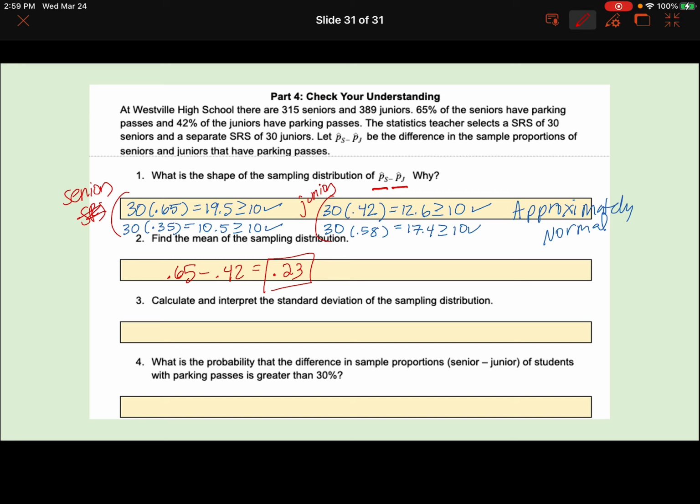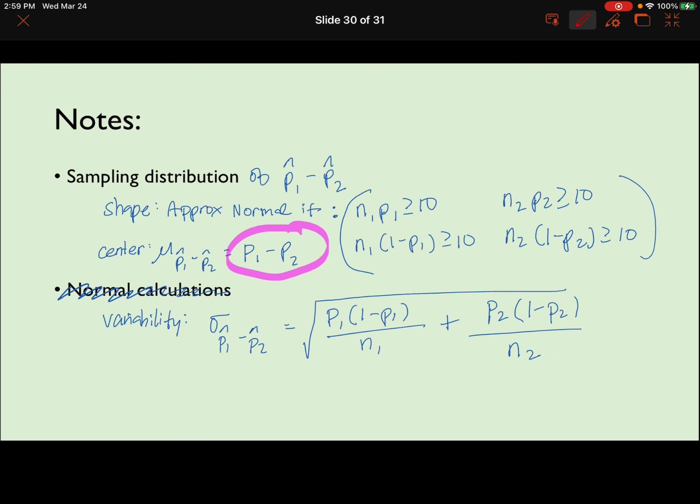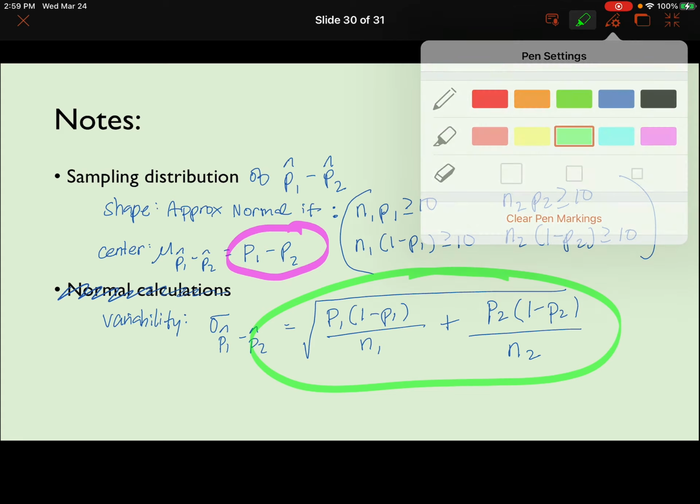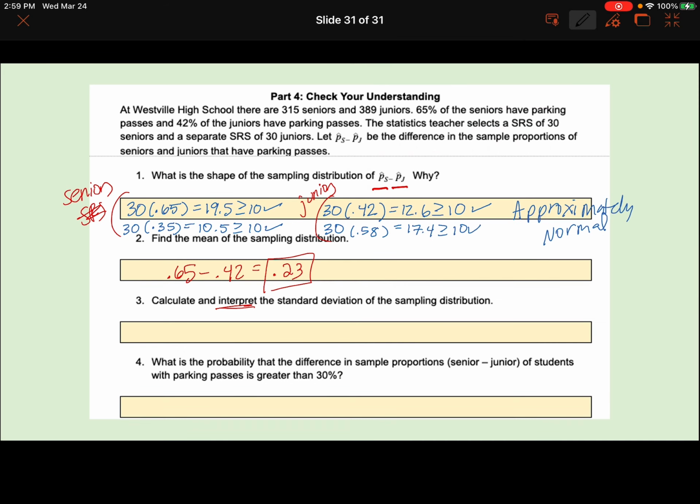Okay, C is asking for us to calculate and interpret the standard deviation of the sampling distribution. So this is going to be this formula, which looks like a lot, but it's not horrible. So we'll do it. It'll be okay. I don't have a ton of space for it, but that's all right. All right, so it's going to be 0.65 times 0.35 all over 30 plus 0.42 times 0.58, also all over 30, because both of the samples were of 30. Square root of that whole thing gives you